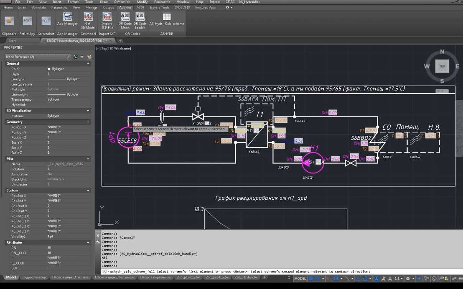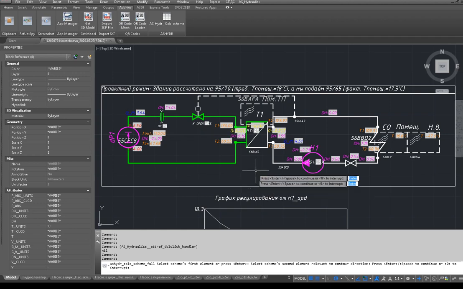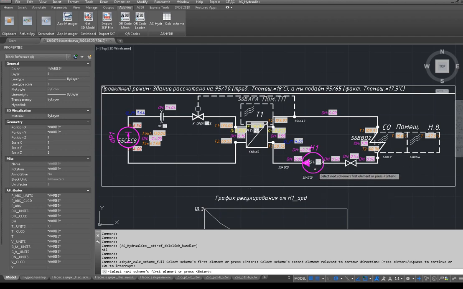And this scheme is closed, and the program can equally calculate it counterclockwise or clockwise. So we should point the positive direction. We point this object as the object related to positive direction. The first scheme is shown as correct. Then we press enter to continue,